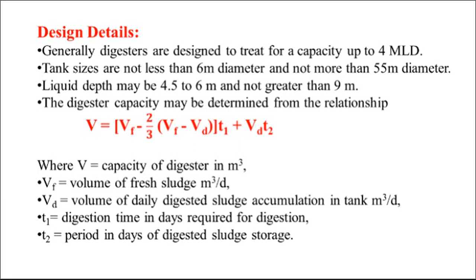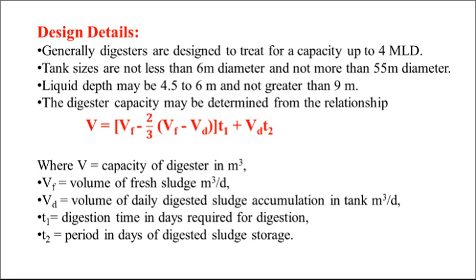The digester capacity can be calculated by the formula V = [Vf − 2/3 (Vf − Vd)] × T1 + Vd × T2, where capital V is the capacity of the digester in cubic meter, Vf is the volume of the fresh sludge